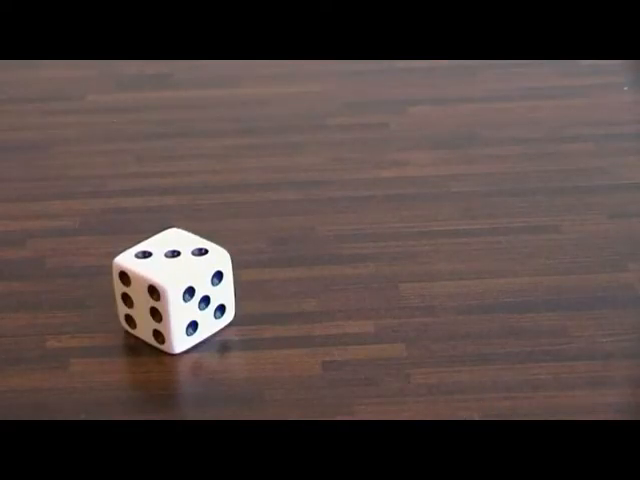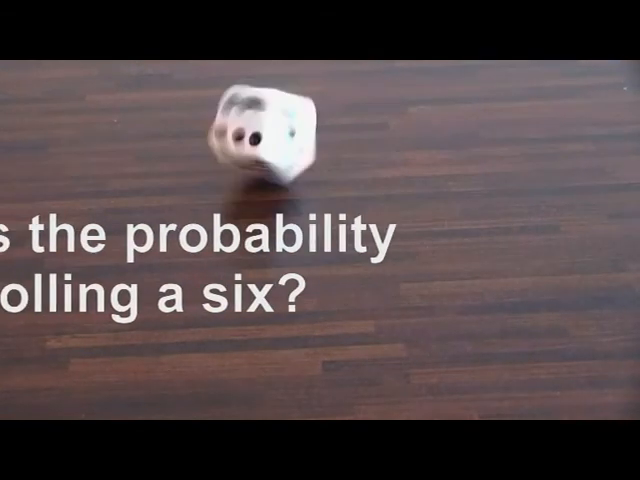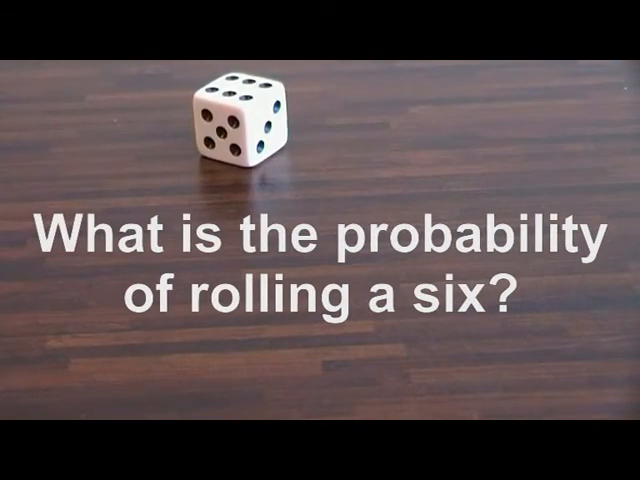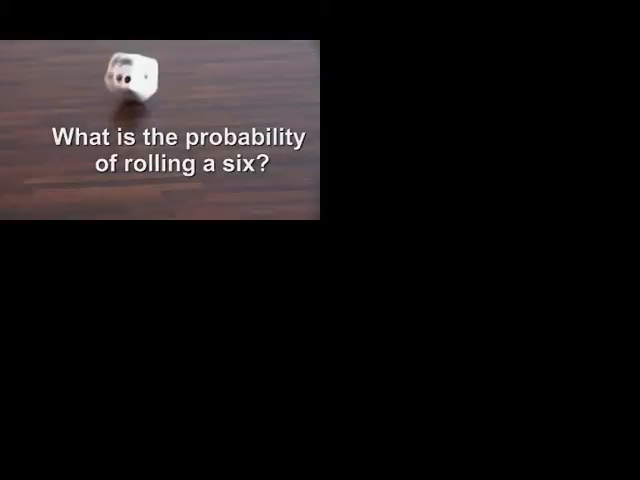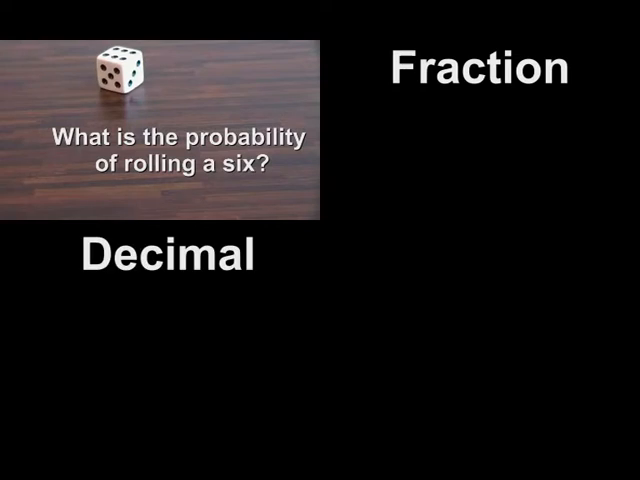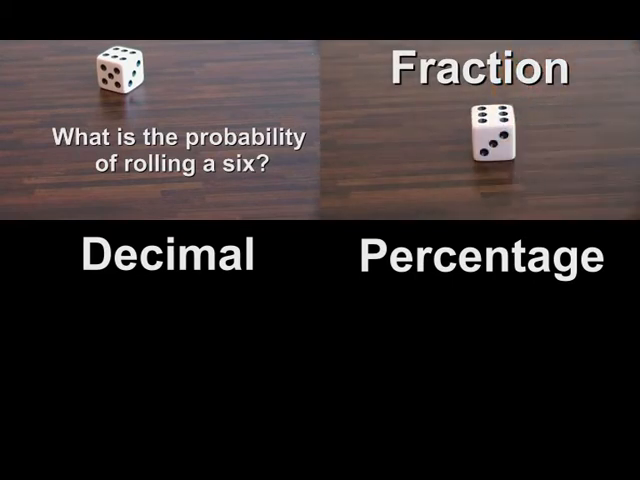Let's take the simple example of rolling a die. What is the probability of you rolling a 6? Pause for a moment if you want time to think. Now, probability can be written as a fraction, as a decimal, and as a percentage. As a fraction, because there are 6 numbers in total, the probability of you rolling a 6 is 1 out